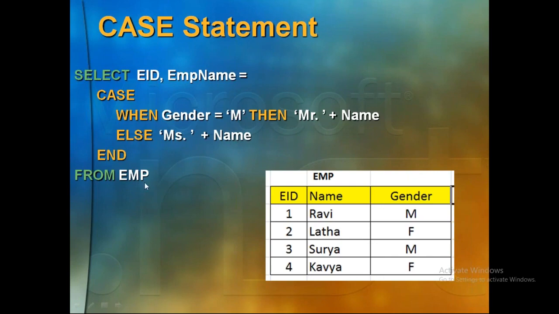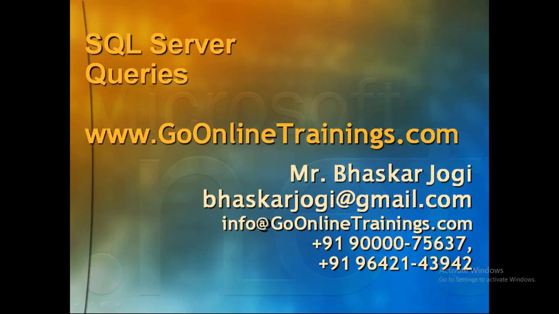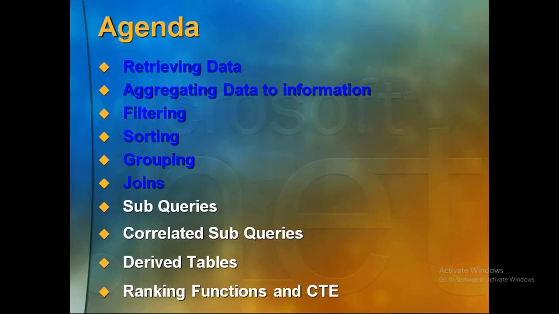This is the simplest way you should be able to display Mr. Ravi, Miss Lata, Mr. Surya, Miss Kavya, something like that. Am I clear? So all these things are pretty much important. So this case statement is very, very important. Employee name here is alias. Clear, guys? Now, these are the things we had discussed, and tomorrow we'll have subqueries, correlation subqueries, and derived tables